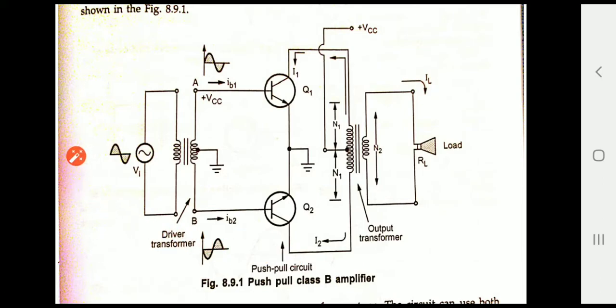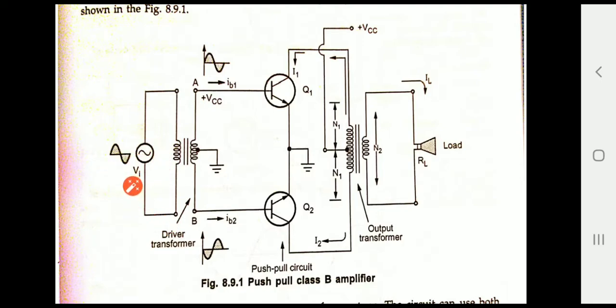So here during the positive cycle of Vin, node A gets the positive cycle, node B gets the negative cycle because center tap transformer. So transistor Q1 conducts, transistor Q2 is off because it gets the negative cycle. When the transistor Q1 conducts, the current I1 flows through the upper part of the primary winding towards the collector terminal. In the same way, here the secondary winding is connected to the load resistance RL. So therefore, the total load current IL flows through the RL of a loudspeaker. So this happens during the positive cycle.